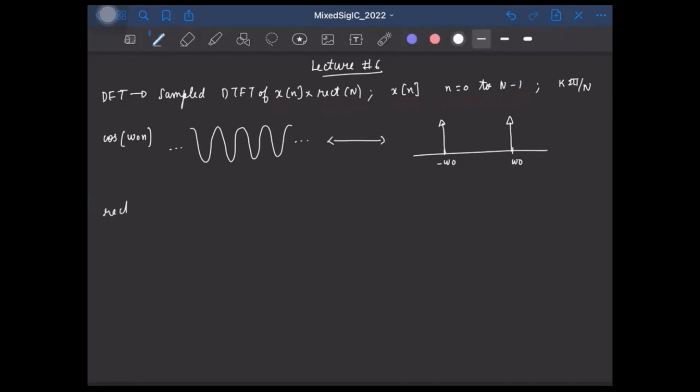So how does this function look? This is going to have a total of N ones from n equal to 0 to N minus 1, and all the other samples are 0. Okay. So what is the Fourier transform of this? Well, this looks like some kind of a pulse signal. So we can expect that the Fourier transform will resemble a sinc function. It is not exactly sinc, but it looks similar to a sinc function, and it will have something like this,